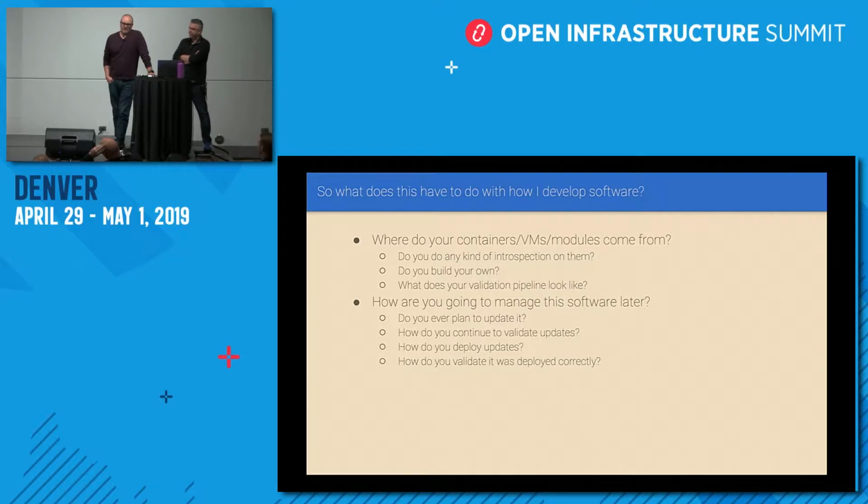How do you continue to validate the updates? Okay, well, you did it once, but things have changed. Are you continuing to do that as you continue to move forward? How do you deploy these updates? Do you use some kind of orchestration? Is it somebody who just logs into a machine and types docker pull, or whatever the Kubernetes version of that is? Or if you use Docker Compose, I guess you can pull that way too. What does that look like for you? How do you deploy these updates? Or even if it's not a containerized or a VM version of a software, if it's actual shipping software, well, you upload it to a website and then people download it and they run it.